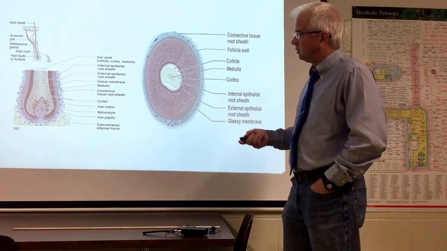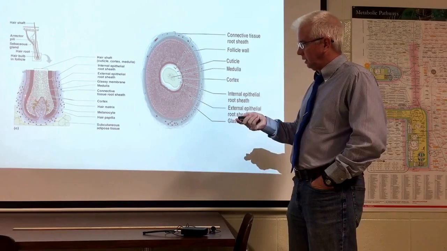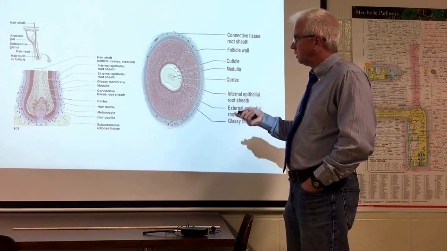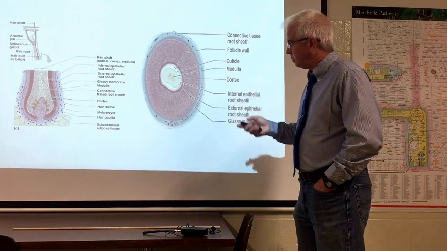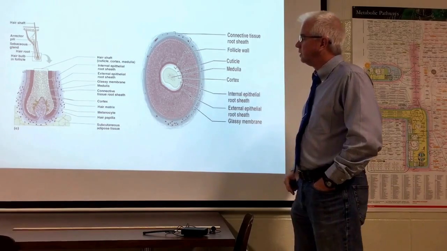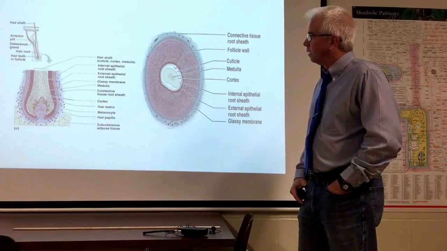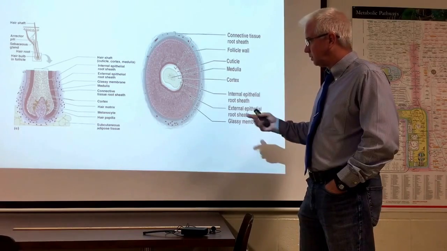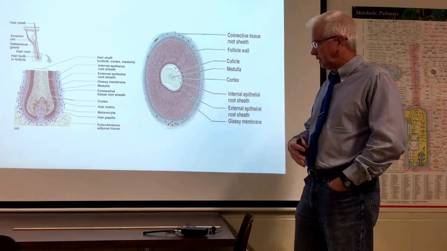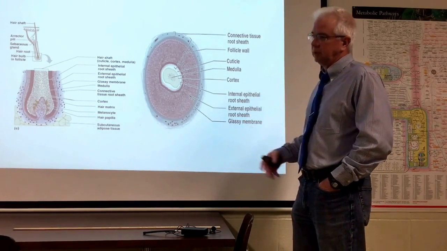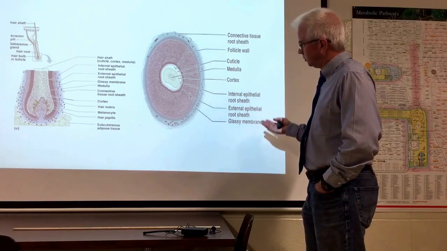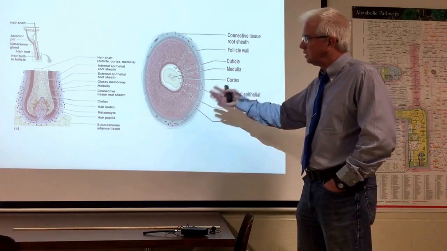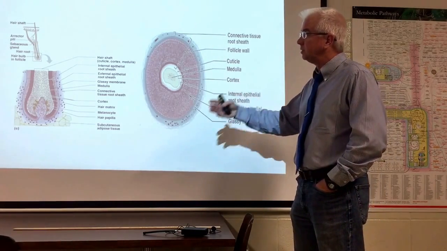Now, you'll notice as you look at the hair in its cross-section here that the majority of the hair itself is epithelial. But there is also some connective tissue associated with the hair, and I'm not going to beat you up over listing in order the cortex and the medulla and the internal and the external root sheaths. That's not important. I just want you to see the epithelial nature of the hair, the presence of the melanocytes,